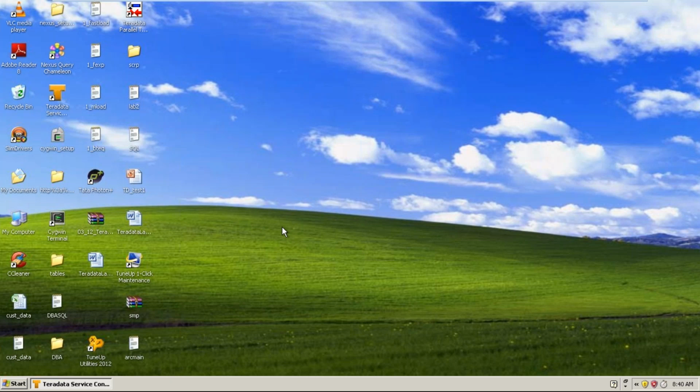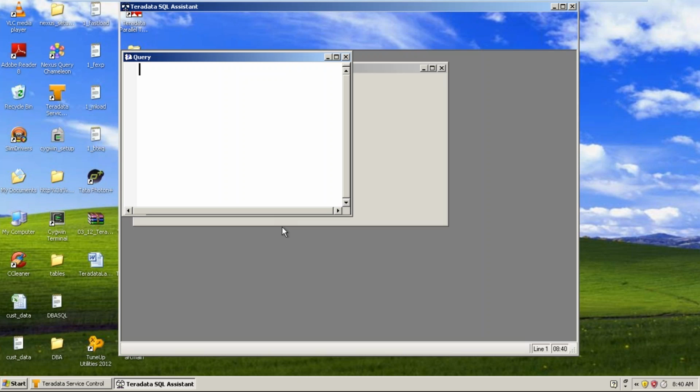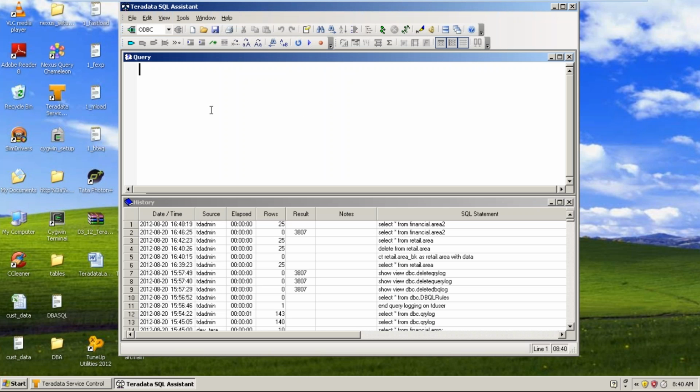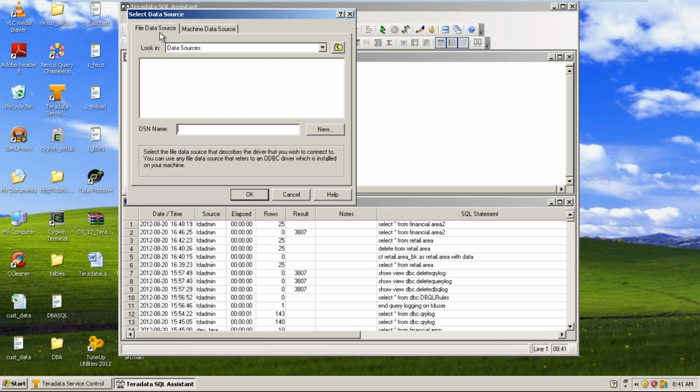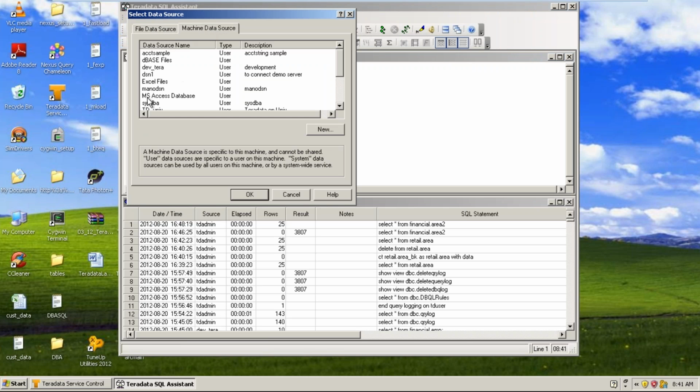Okay, so once it opens, this is the connect button. You can click on it, and in the machine data sources, you may have a default DSN created the first time. The TD user is the default DSN which would exist in your systems. In my system it got deleted, and I have created my user defined DSN. So in your system when you install it, the TD user DSN would exist in the machine data sources.